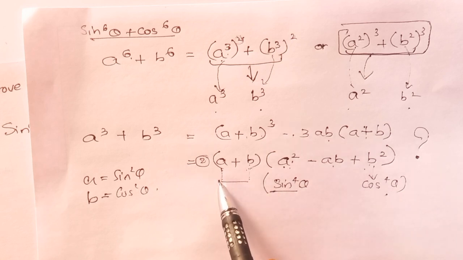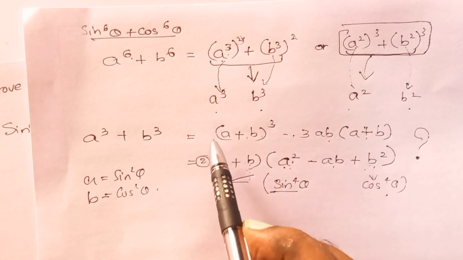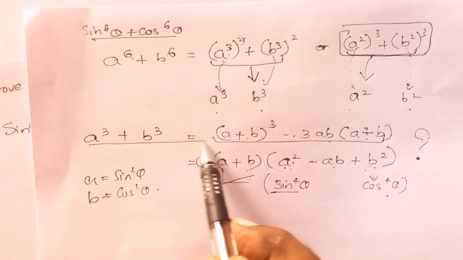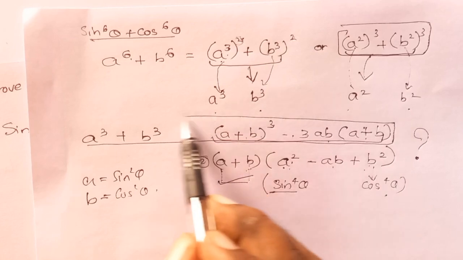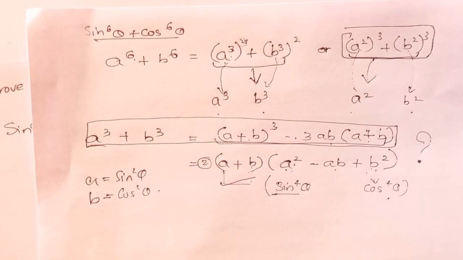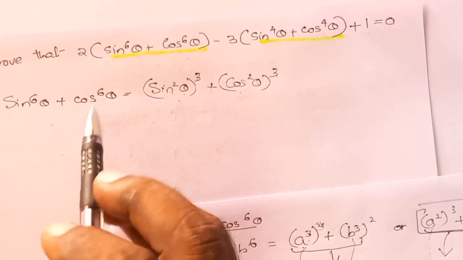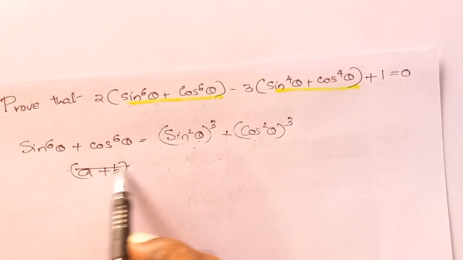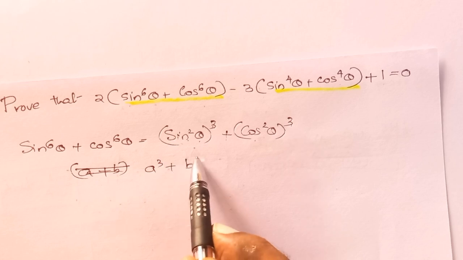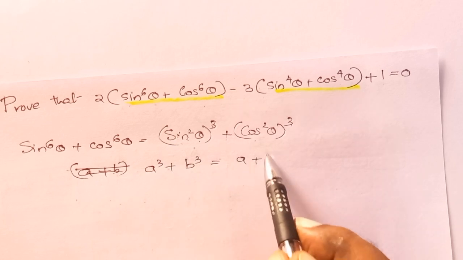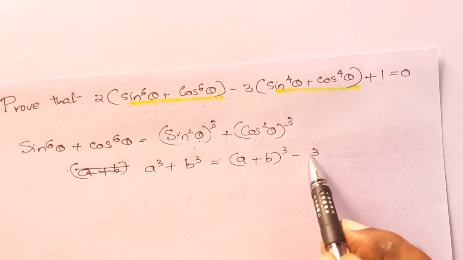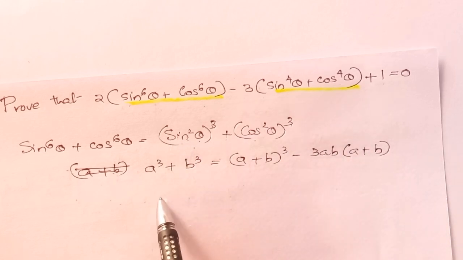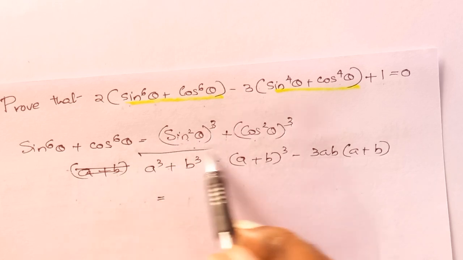We can do the answer by using this formula also, but the better option is this one. So we use the formula a cube plus b cube is equal to a plus b the whole cube minus 3ab into a plus b. So what happens to this? If you use this formula,